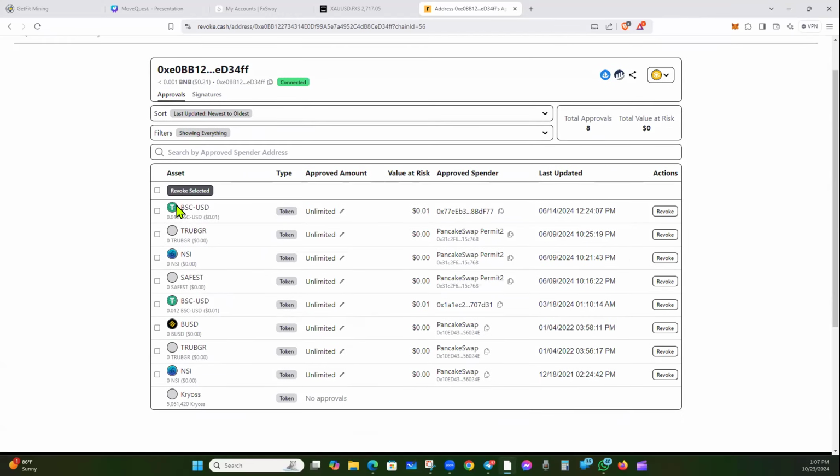And if you notice, here's about 10 or so different tokens that I've given permission to. Just so you know, each one of these tokens has a contract address. That means it is a smart contract, even your tokens, right? So you can revoke permission not just from projects and platforms, but tokens as well,